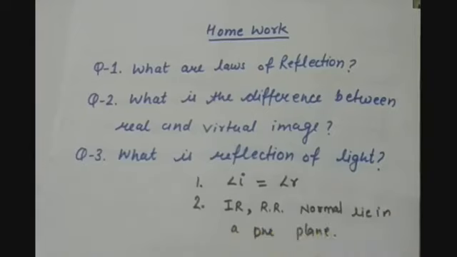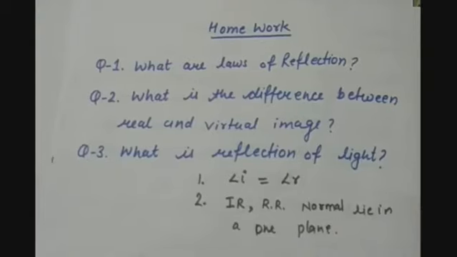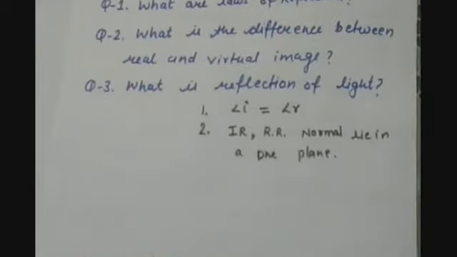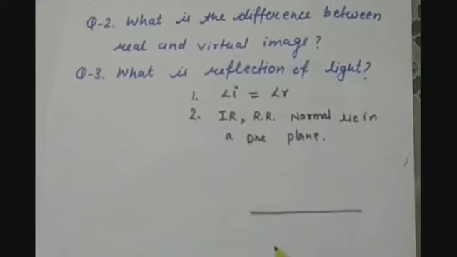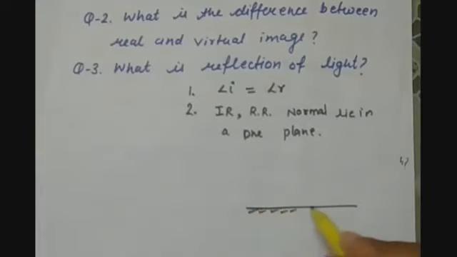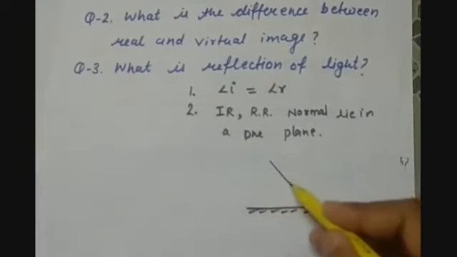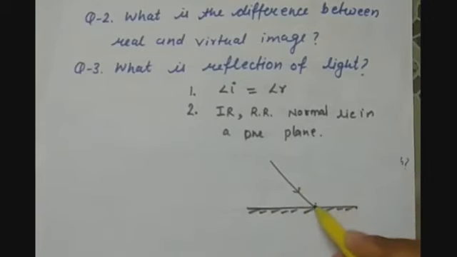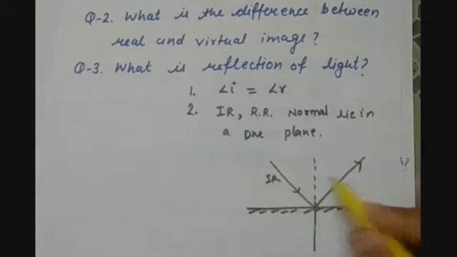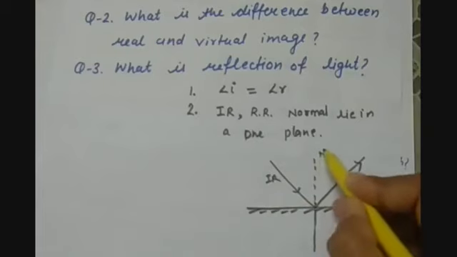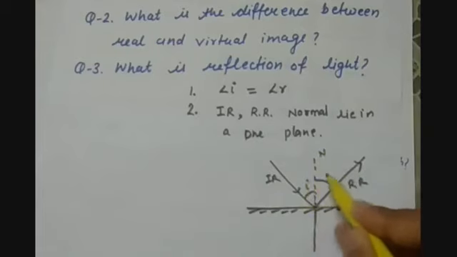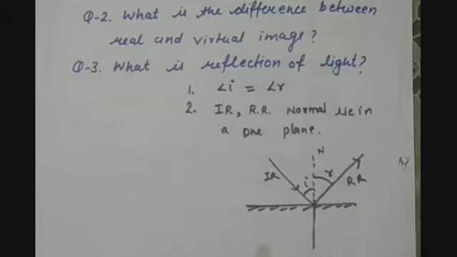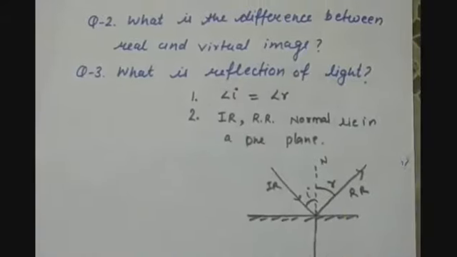So these were the 2 laws of reflection, but whenever you are asked to write the laws of reflection, you always have to make a diagram for this. If this is the reflecting surface, and the incident ray is coming at this particular point, we have to draw a normal at this point. Now it gets reflected in this way, so this will be our incident ray, reflected ray, our normal, angle i, angle r. So now you have to write these 2 laws.